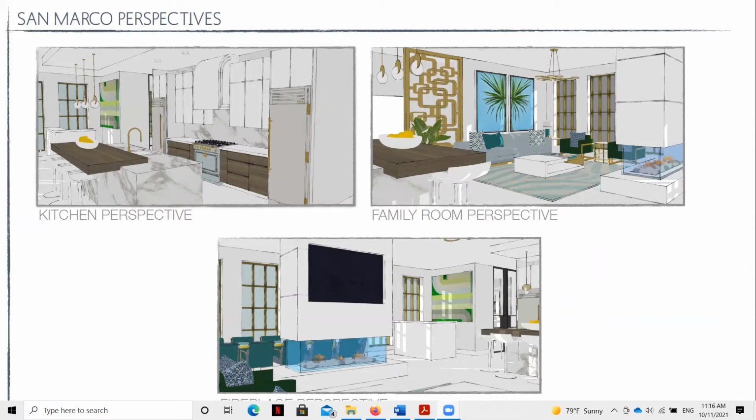And that way, the designer, or pardon me, the viewer doesn't have to keep flipping back to the floor plan to perceive where in the space these perspective drawings are being shown from. So anytime you can create a key plan with that camera view, it's really, really helpful. But for now, this is showing